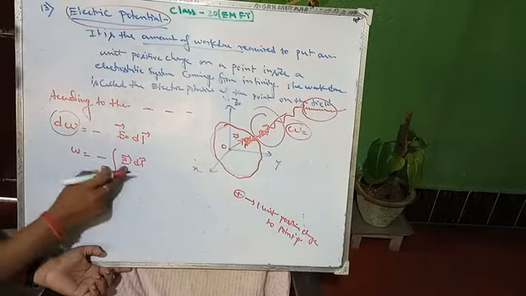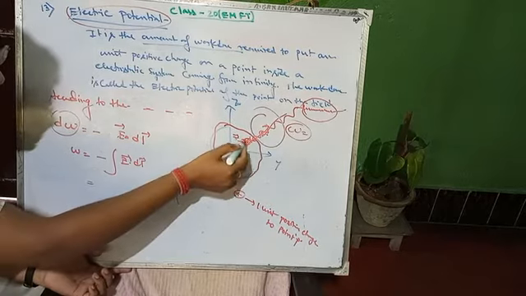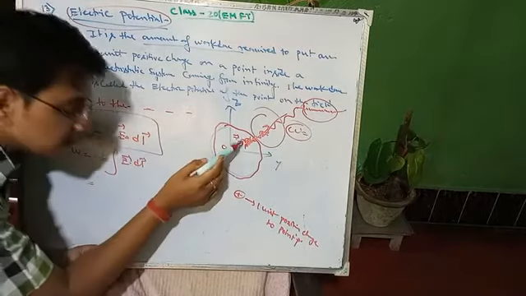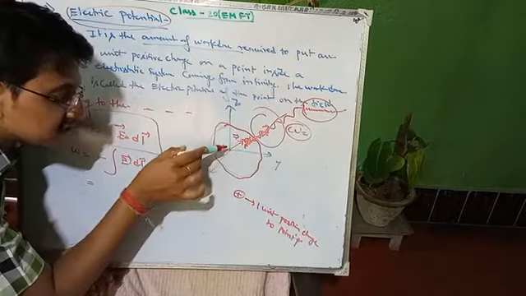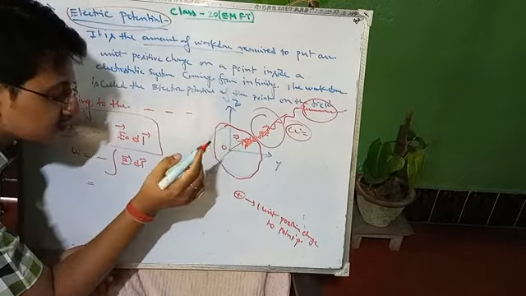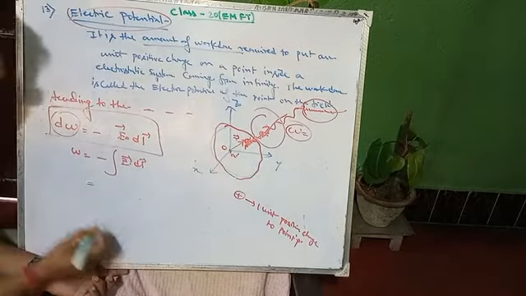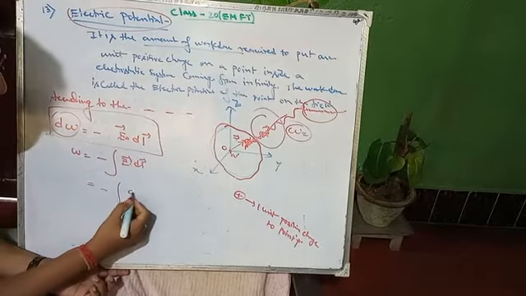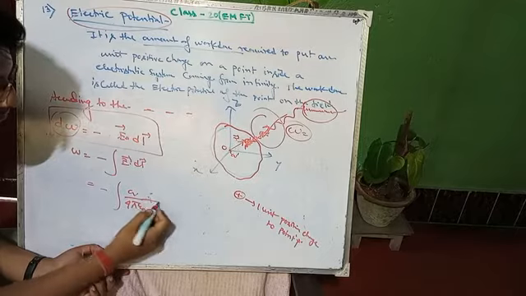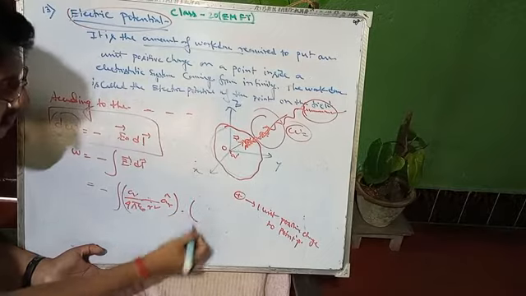Okay, so that's why minus of E dot dl. Okay, so E means what? At that point, what is the intensity at that point? This is by the definition. What will be the intensity at that point P, which is r distance from the origin where the charge exists? Consider this system of charge is small q. So minus E means small q by 4 pi epsilon naught r square into AR cap.